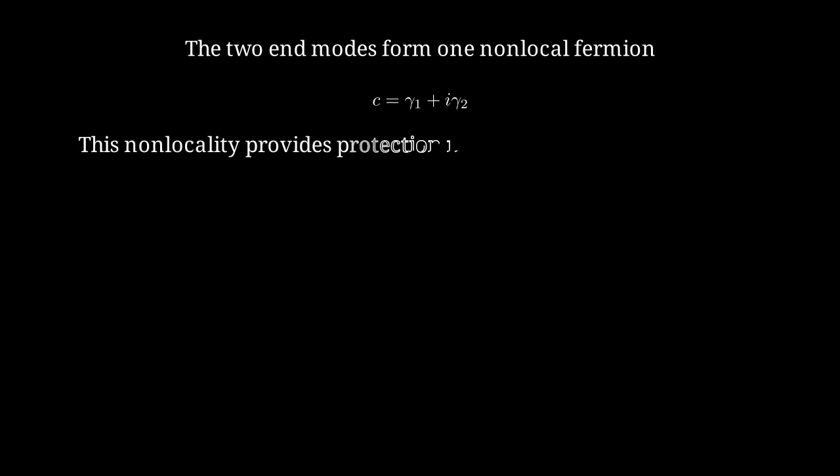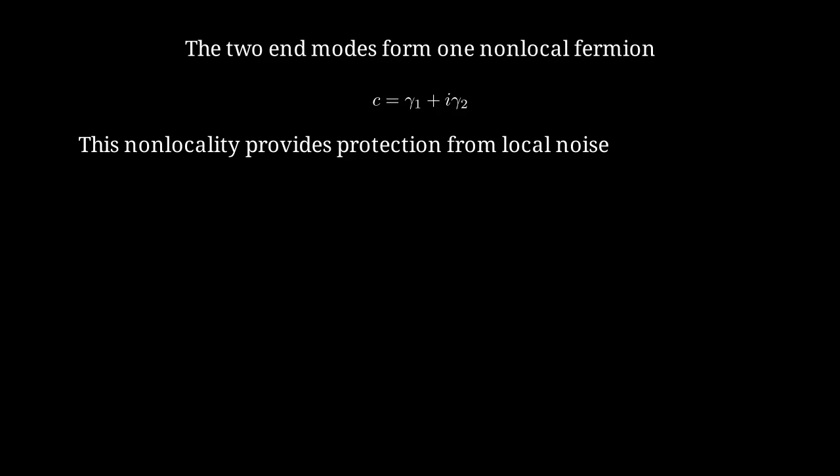The remarkable thing is that the Majorana modes at opposite ends of the nanowire together constitute a single non-local fermion state. The occupation of this fermion state can be either empty or filled, giving us two quantum states. Mathematically, if C is a regular complex fermion operator, we can write it as C = γ1 + iγ2, where γ1 and γ2 are the two Majorana operators living at opposite ends. This non-local encoding is the key to topological protection.